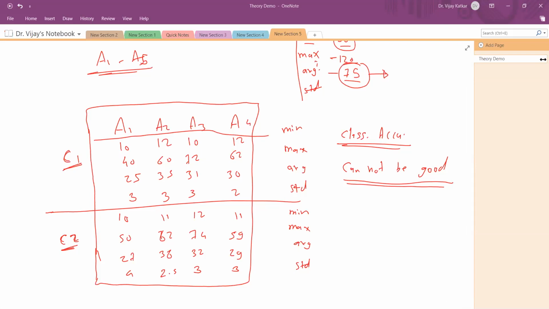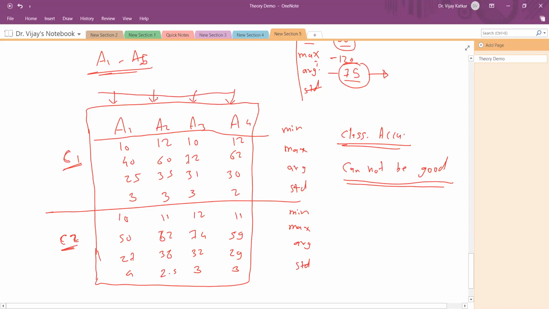Okay. See, this cannot alone be enough. Now what we know is that A1 alone is not okay, A2 alone is not okay, A3 alone is not okay, A4 alone is not okay. Now can we delete all the features? No. So what do we need to do? The simple thing is, yes, there are some differences, so we need to use all these four features together.